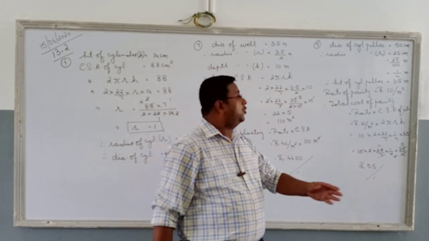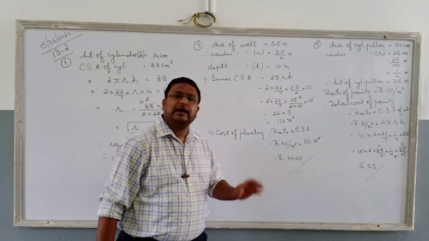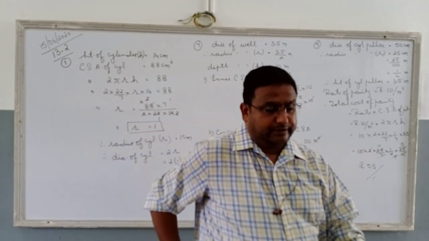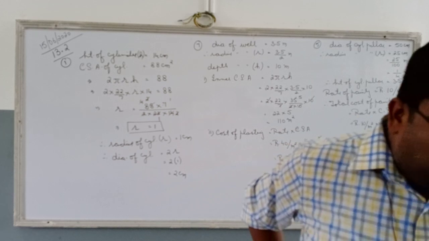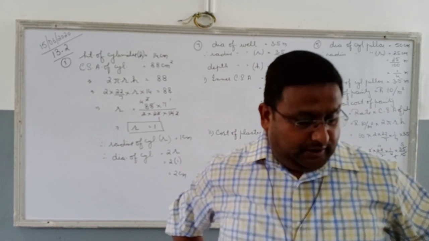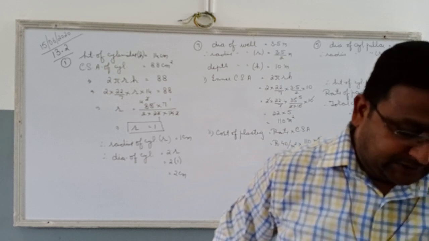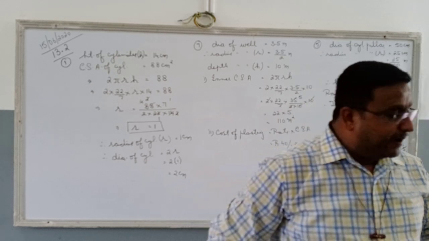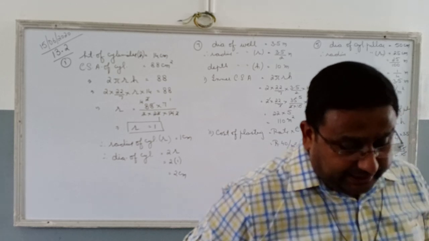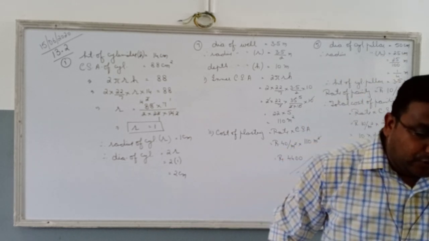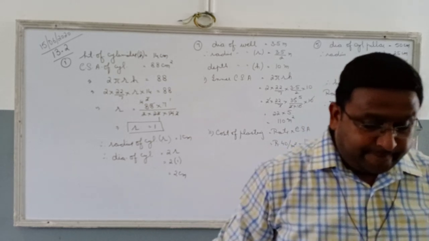I hope there is no confusion. Both the questions are same. Take a look at question number 11. You can do this question at home. The students of a Vidyalaya were asked to participate in a competition for making decorative pen holders in the shape of a cylinder using cardboard. Each pen holder was to be of radius 3 centimeters and height 10.5.